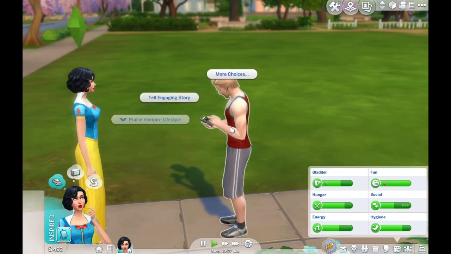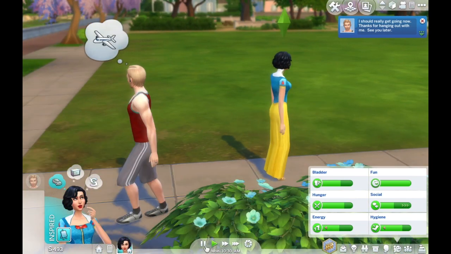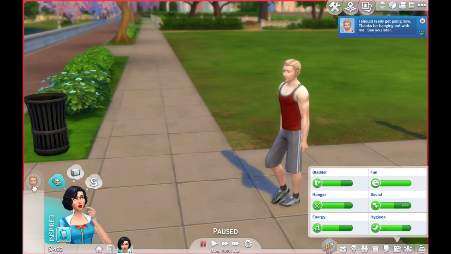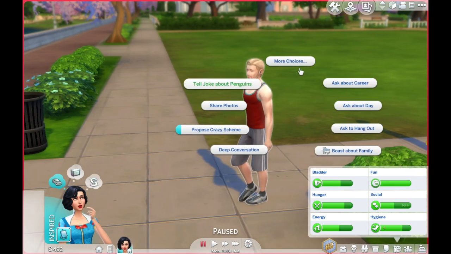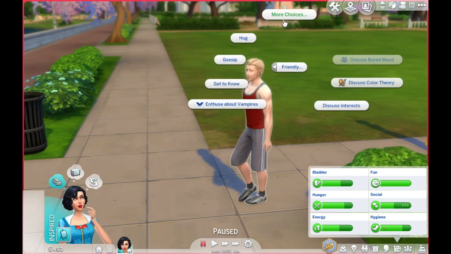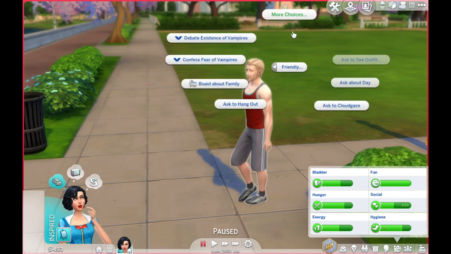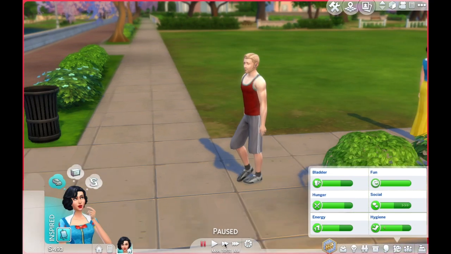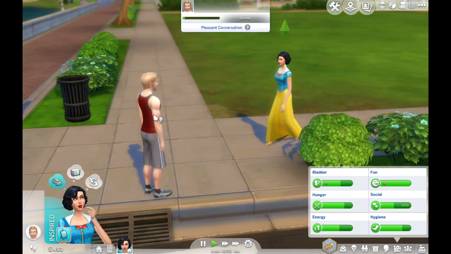So. Oh no, come back. No, don't leave. Let's ask him to hang out. Do we have that option? Boast about family? What family? We don't have a family yet. Oh, he's bored? Oh, come on, we're not that bad. Let's ask him to cloud gaze. And then after that...